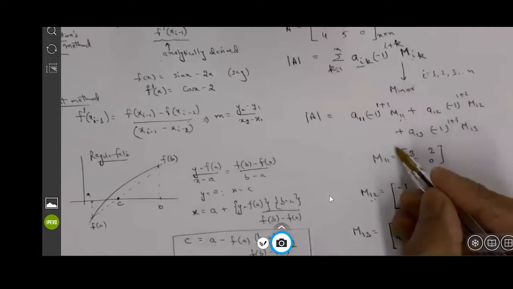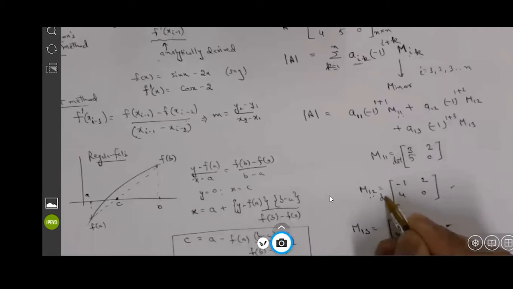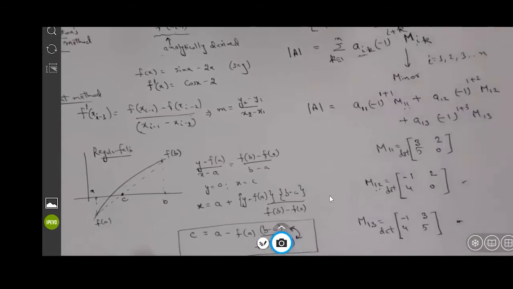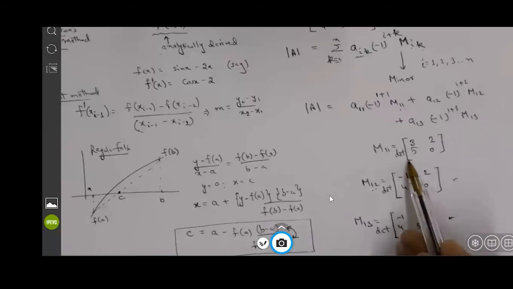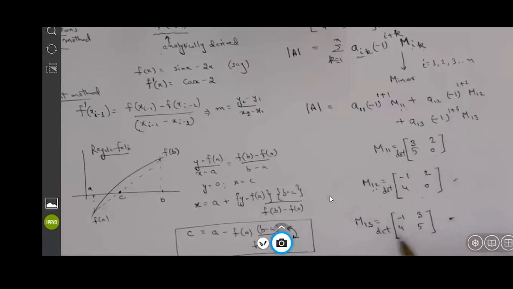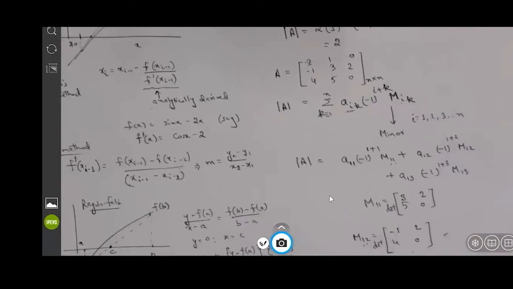So let me actually write determinant here. Determinant, determinant, determinant. DET basically is the determinant of this matrix, determinant of this matrix, determinant of this matrix. Okay, so if everybody is good so far,